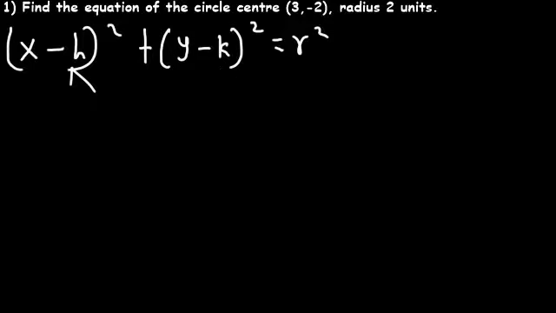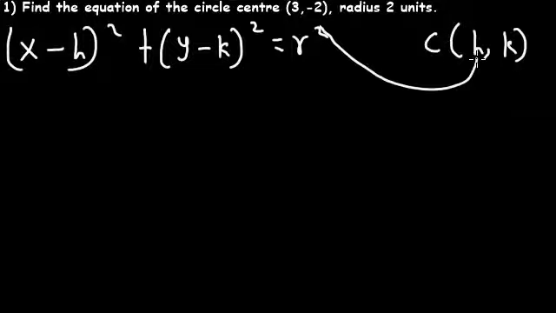Now, consider the value of h to be whatever comes first, because the coordinate of the center, if that circle is not centered at the origin, will be in the form (h, k). So in this case, h corresponds to the value of 3 and k corresponds to the value of -2. Now, substituting the values respectively, where r is the radius and it's 2 units, we now have (x minus 3) all squared